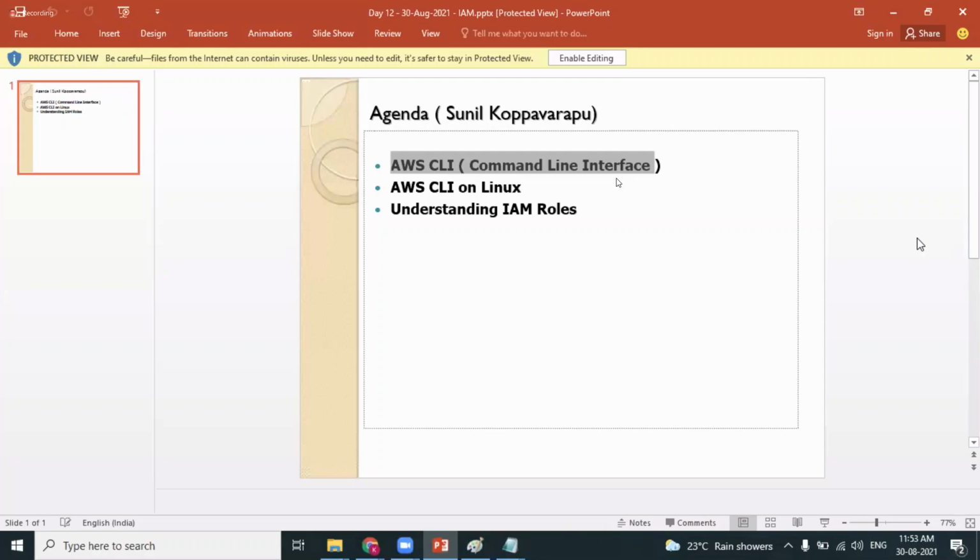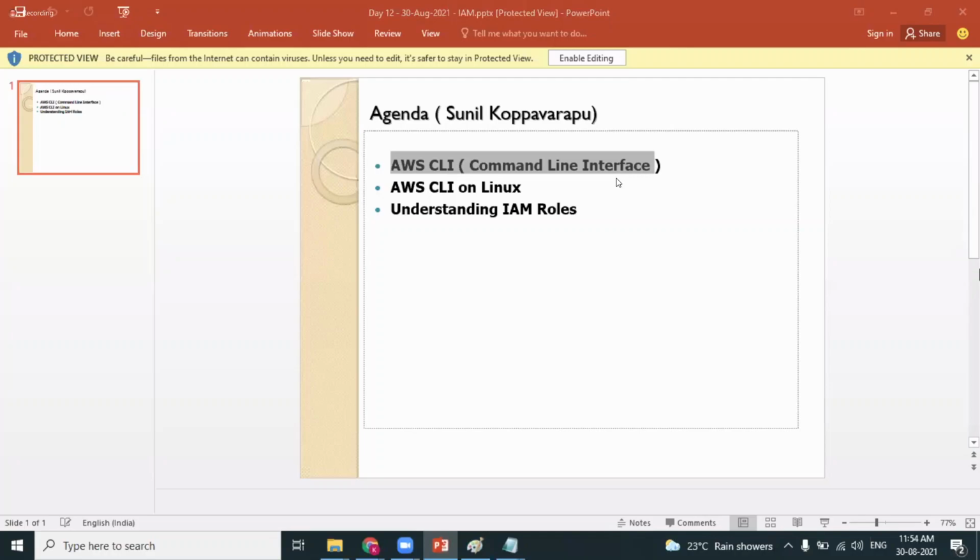You need to open the command prompt. You need to install one small software, the AWS CLI tool for Windows, and then you need to run a command called AWS configure. It will ask for the credentials. Provide the two values, access key ID and secret key, using which you will be connected. And now you're in a position to comfortably write a command and perform the activity that I want.